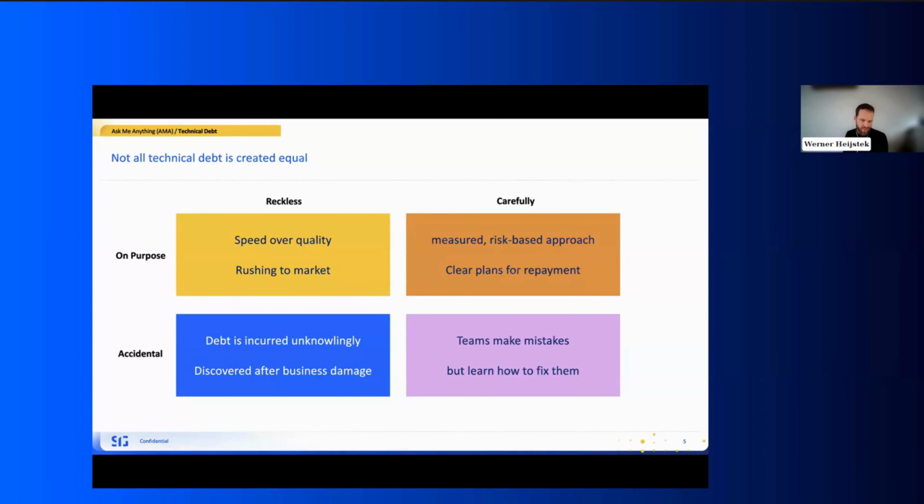Yeah, I think your example is the yellow quadrant here, where you're a bit reckless, but you know full well what you're doing. Okay, sure, we can do it nicely, or we can do it really quickly, and it might be, especially in startup and scale up type of environments, really necessary to just survive. The only thing you need to know is what the short, mid, and long term consequences are, and make sure that at some point you actually slow down. And it doesn't mean you have to solve all technical debt. In fact, I would never advise you to solve most technical debt. Most technical debt, you just stay where it is. But address the technical debt that is really problematic for your business.